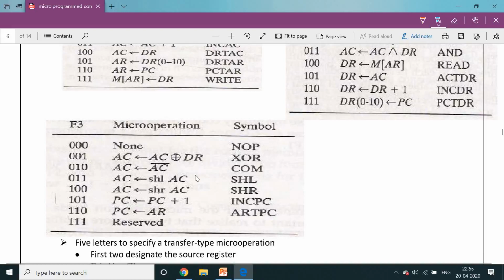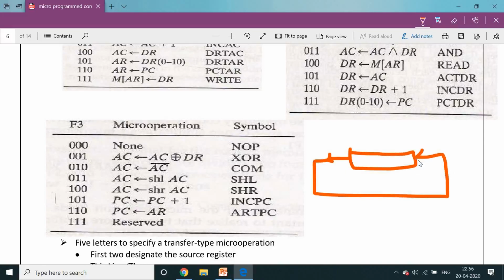Shift left operation is performed on the accumulator. The register has binary values inside, depending on the register size. Left means a left shift like this: this bit is placed into this position, this position to this position, like this. The last bit is transferred to this position. So in the shift left operation, after shifting, that register binary sequence is stored into the accumulator.